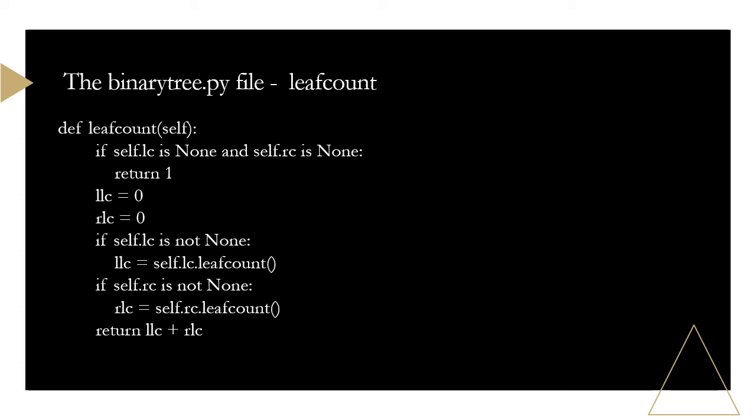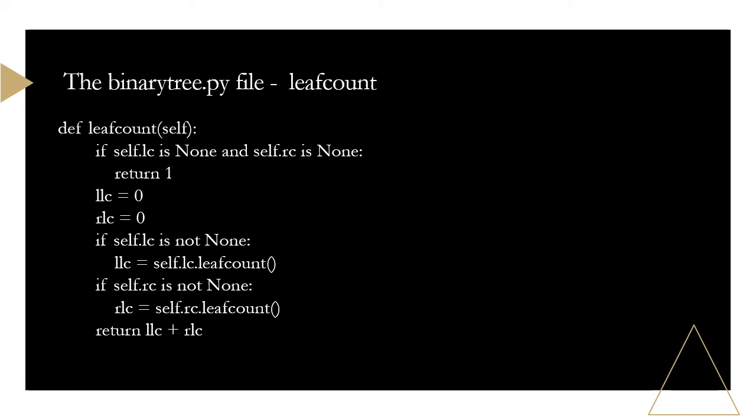Here is another function called leaf count. This function only counts the leaves in a tree. The base case is again the same. If you are standing on a leaf, you return 1. But if that is not the case, then you initialize two variables, left leaf count to 0 and right leaf